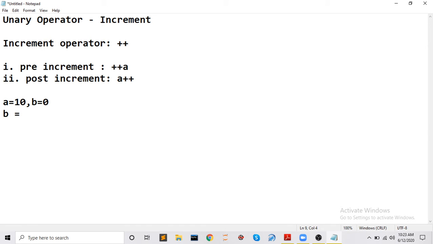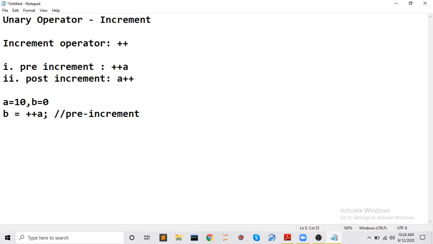If I write b equal to plus plus a, the very first step is to identify whether this is pre-increment or post-increment. Since the operator is before the operand, it is a pre-increment operator.